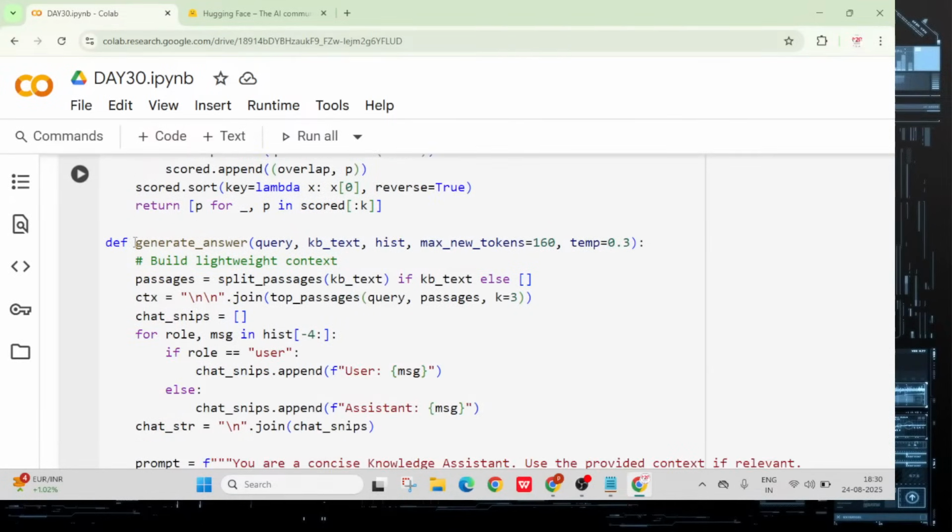Now the third defining function will be generate answer. In this particular area, what is your query and what is your particular inbuilt text, how many max tokens you can generate, and I'm giving the temperature as 0.3. If you want to increase the temperature, you can increase it however you need, because we are having 0.5 for the normal and